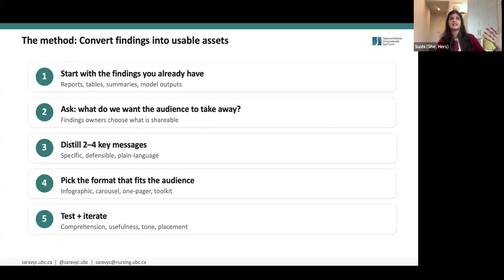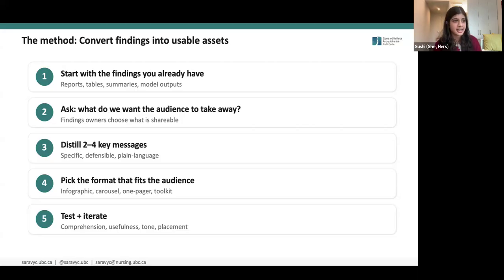And then I think about how to make those three or four messages that I took from this report as accessible as possible, in plain language that's defensible and specific. I know I said infographic, but different data would call for different formats.